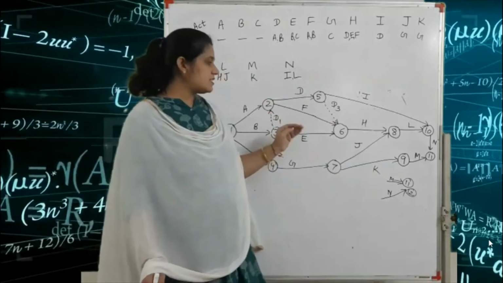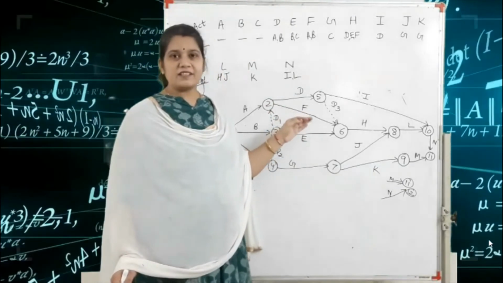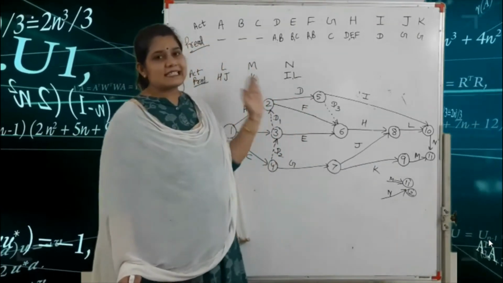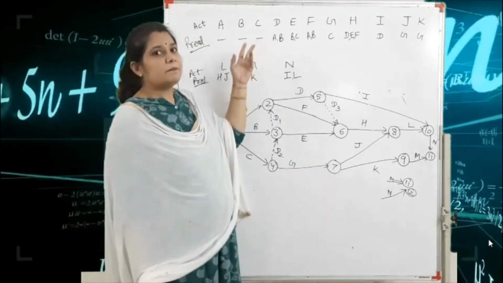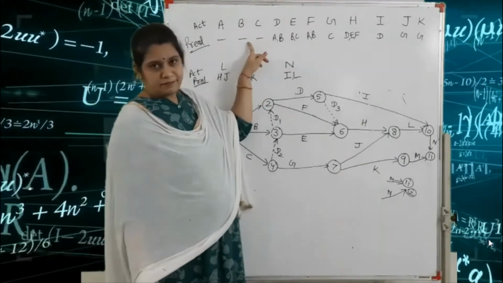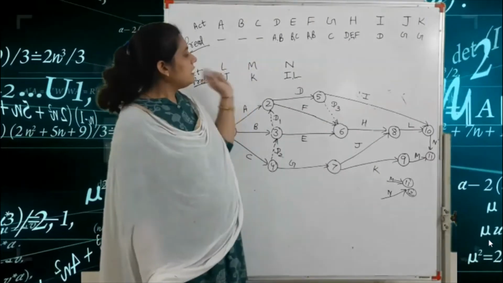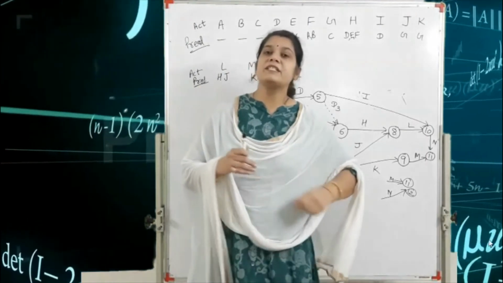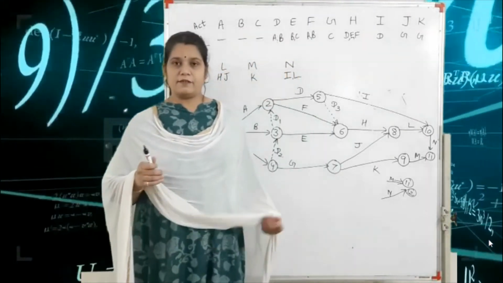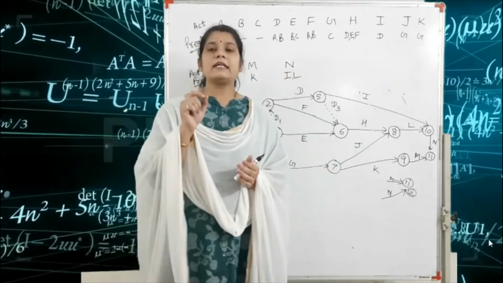So this is a very interesting example of the network diagram in PERT project management. Next question is the CPM. CPM is the critical path method. So in the critical path method